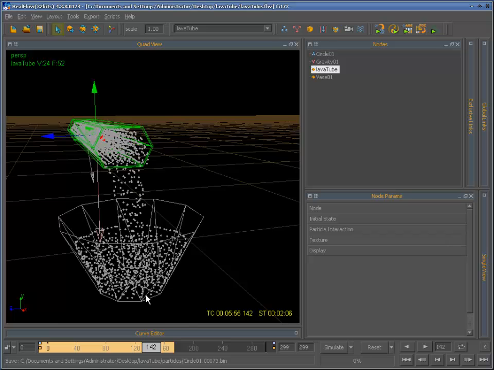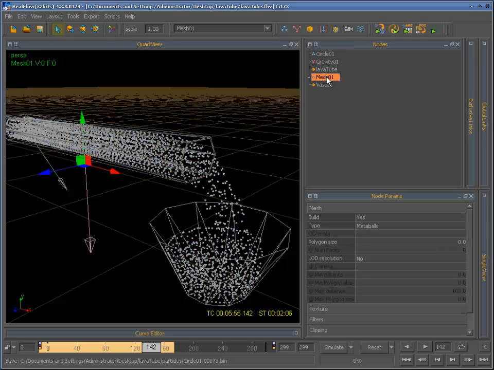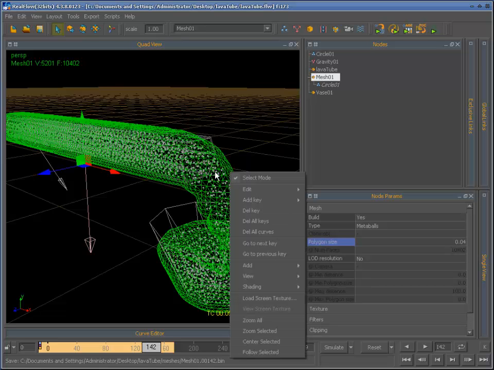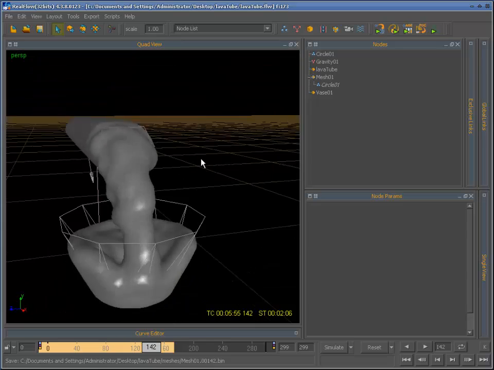Now it's time to create mesh. Okay, select your circle and add a mesh to your scene. Okay, and set polygon size to approximately 0.04. Okay, and right click, build. Also select the mesh, right click, and go to view, element, smooth shaded. This is our mesh,